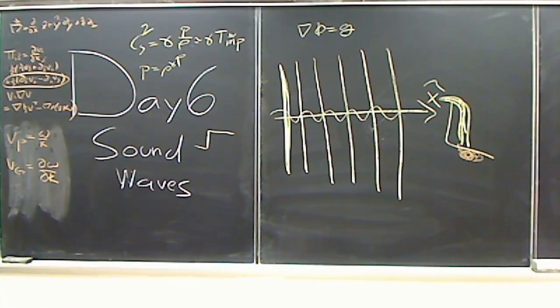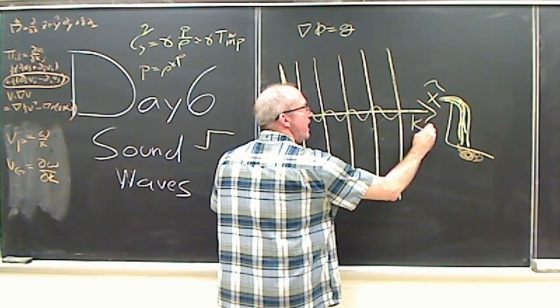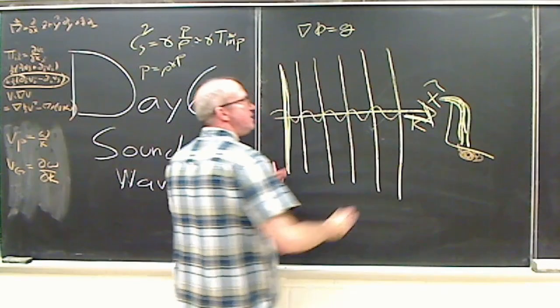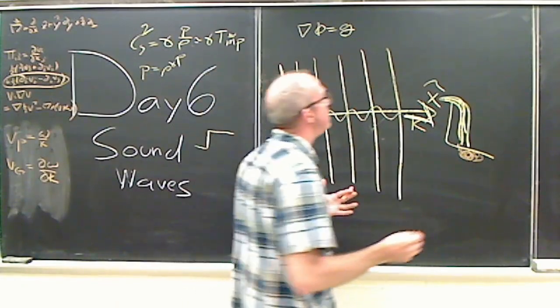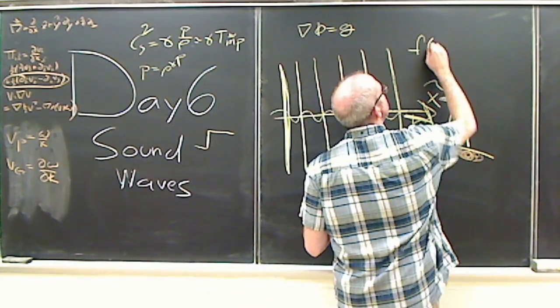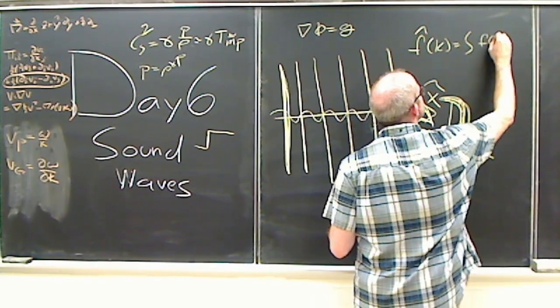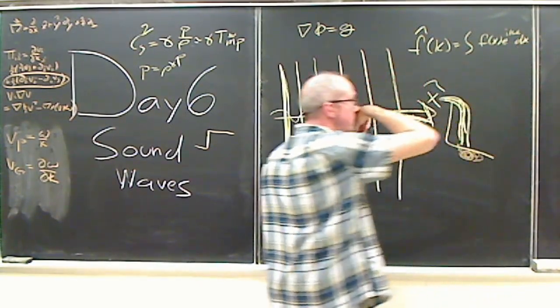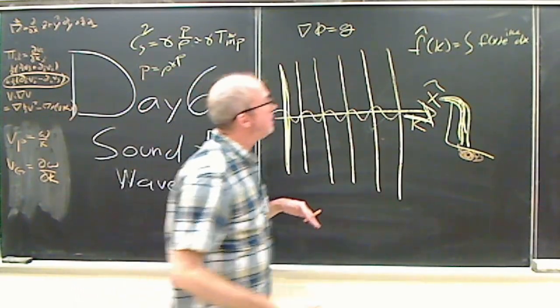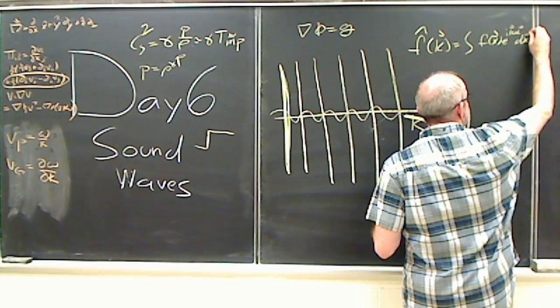and then k-vector. So let's talk about k-vector for a second. So I drew this wave, and then I drew this vector. This vector is k. It's the vector direction that the wave is propagating in. So I have some function f hat of k equals the integral of f of x, e to the i k x dx. This is a Fourier transform. I can make this a three-dimensional Fourier transform by making these guys all vectors, and this is a dot. So